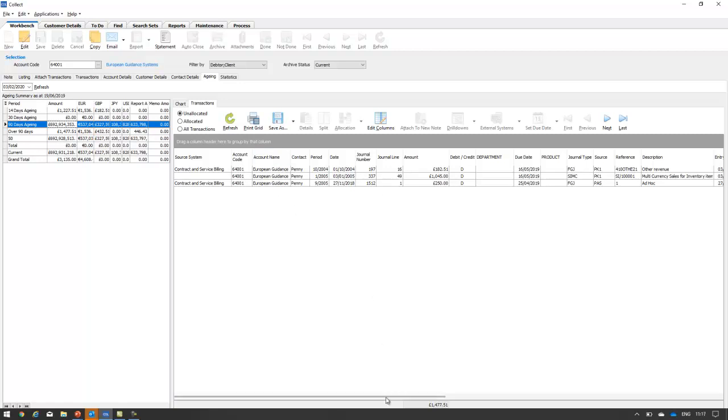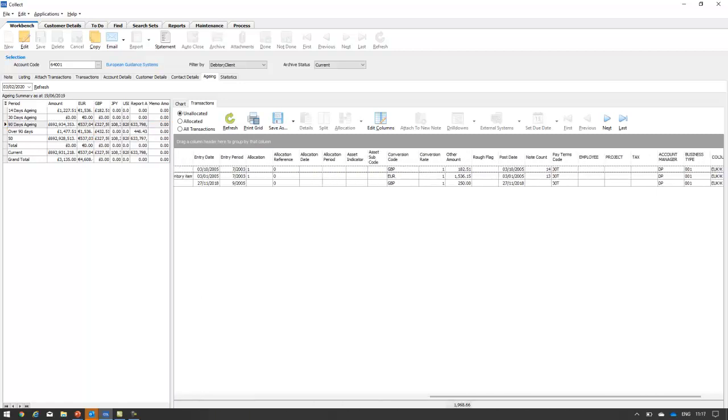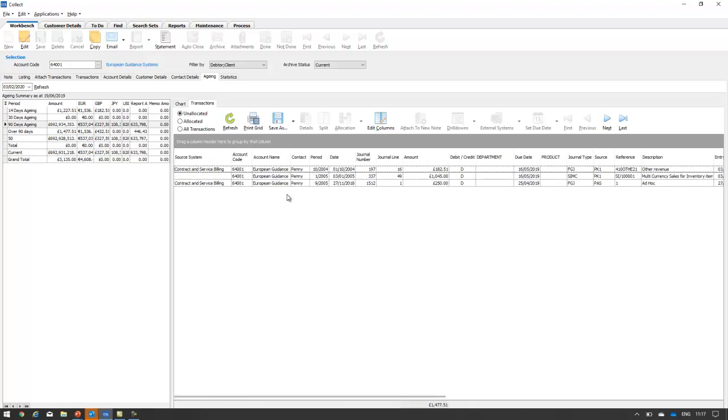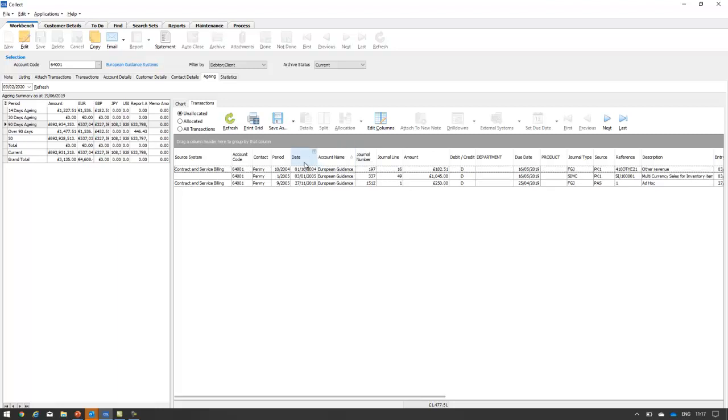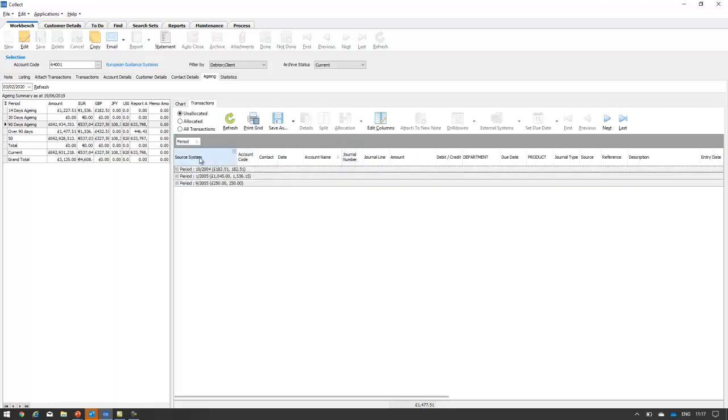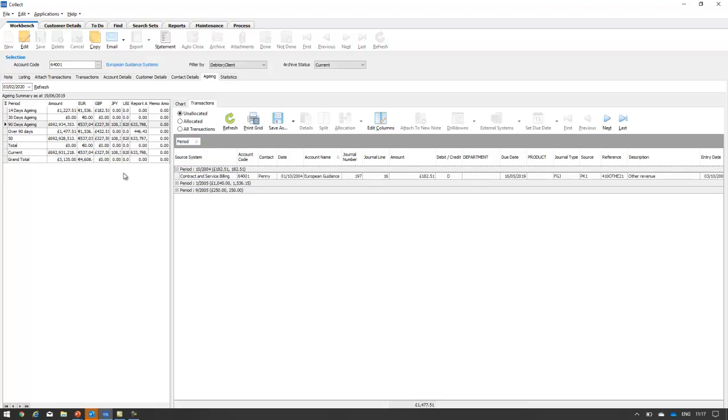This is full journal information with all fields from the journal available on the screen. From the grid, we are able to move columns around, we're able to sort up and down, apply filters where required, and even group if this was appropriate. So for example, I could have groupings of balance by period, remembering that this is all balances within the aging